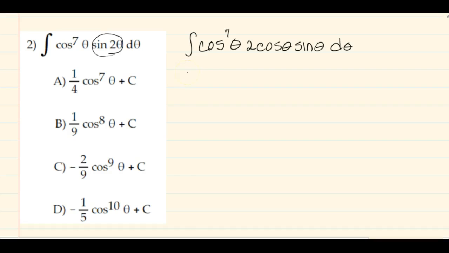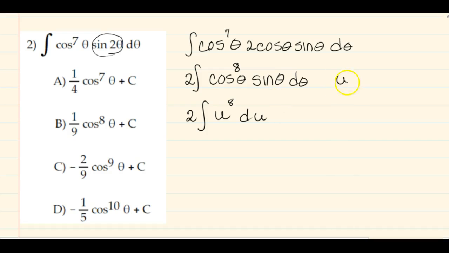So I can see that this is going to become cosine theta to the 8th power. I need a 2 on the outside, and then I still have sine of theta d theta. And now we can use our u substitution and find this is u to the 8th du. That's where we let u equal to cosine theta, and we found du to equal to sine theta d theta, but don't forget that's negative, so I need a negative out here. And then now I'm ready to do my integration, so it's negative 2u to the 9th over 9 plus c,